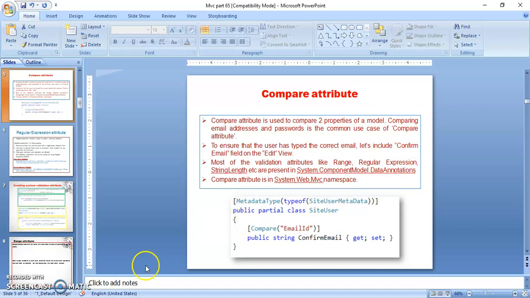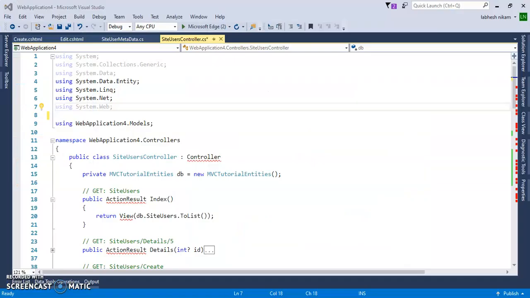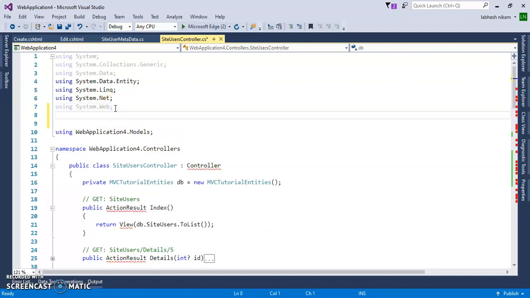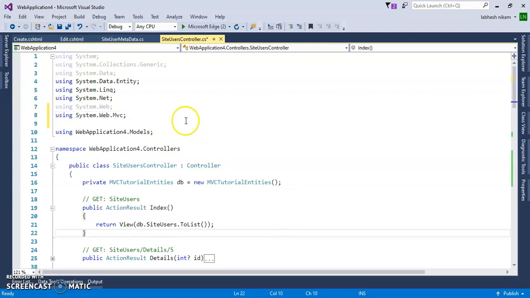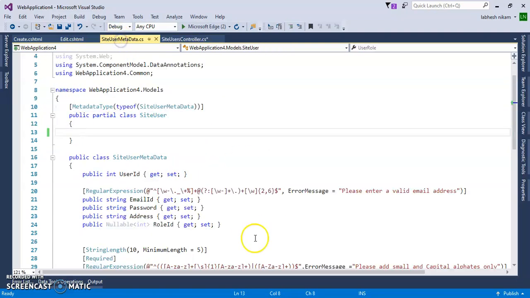Let's flip to Visual Studio and add the using statement here.